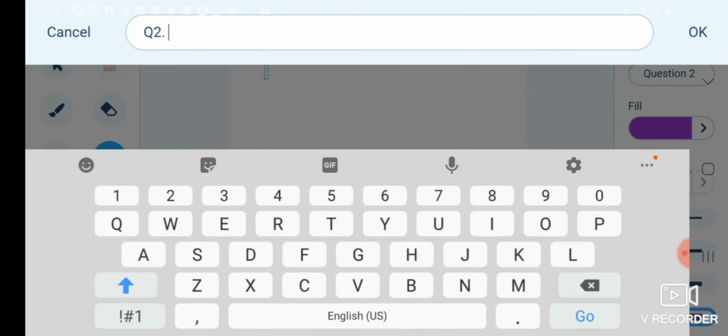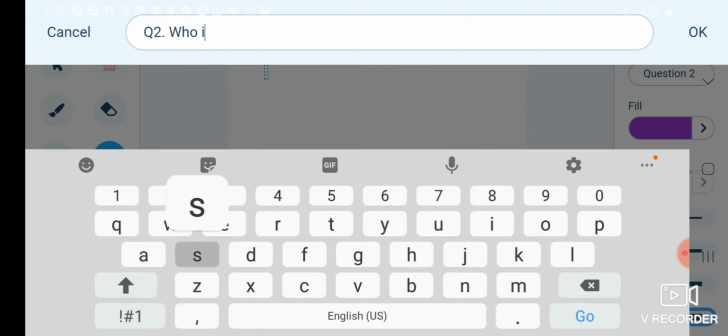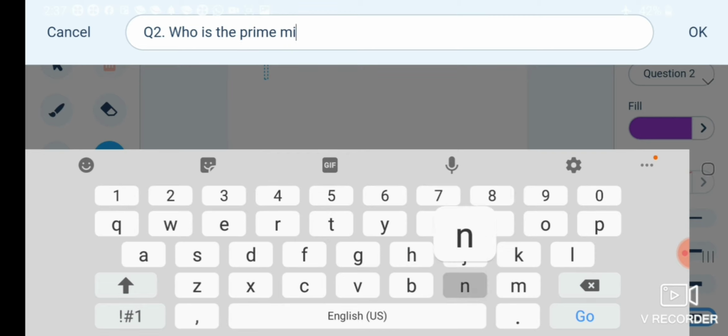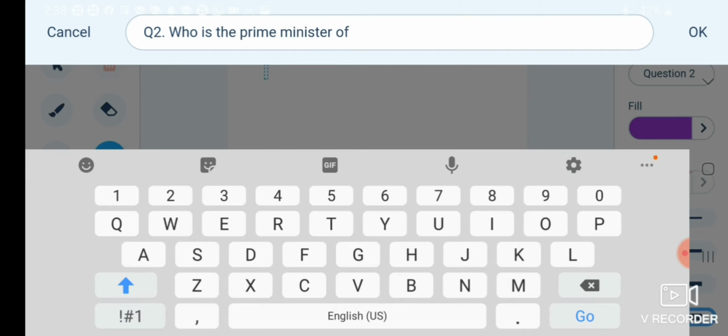Question 2 is: who is the Prime Minister of India in present time?